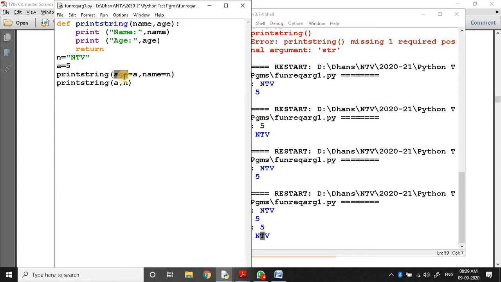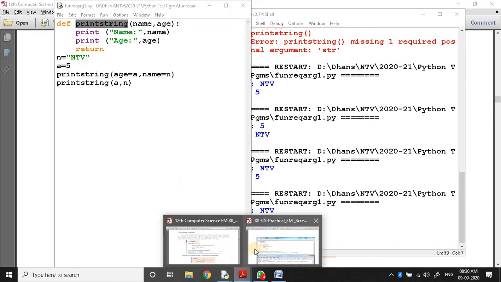But in the first call statement, keyword arguments take the values to the corresponding argument. So we can pass them in any order, but you must specify the keyword. Keyword is nothing but the argument name defined in the function definition.